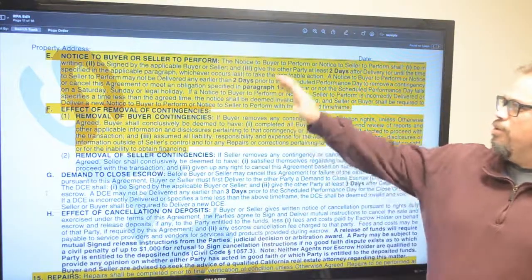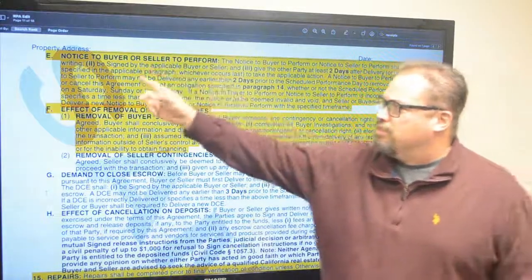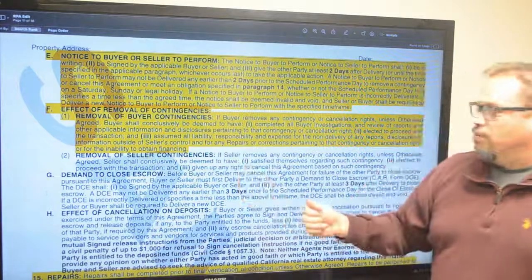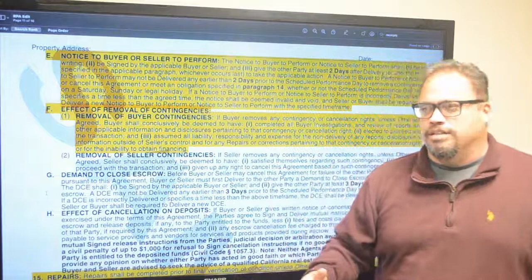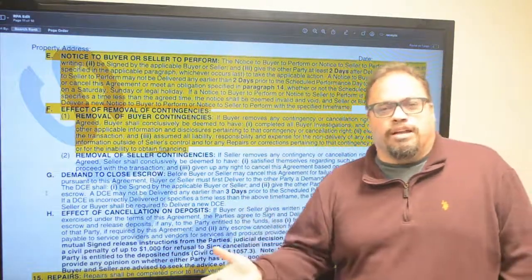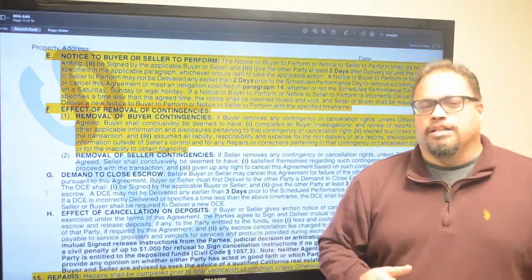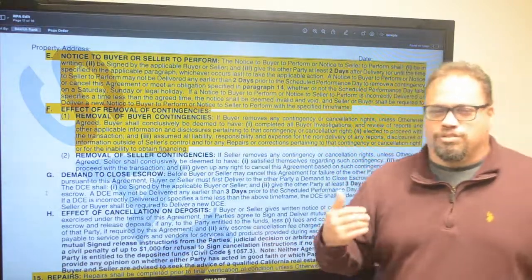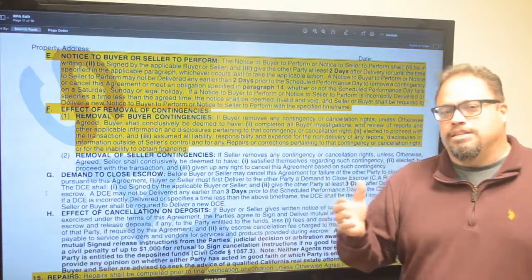Okay, so I talk a lot about the importance of the notice to perform. So this is notice to buyer or notice to seller to perform. So what does this mean? Well, as you get close to the end of your contingency periods and you're trying to get people to remove those contingencies, if they don't want to do that, the question becomes, what mechanism is in the contract that helps you enforce that contingency? Now remember, the contract is written probably 90% in favor of the buyer,